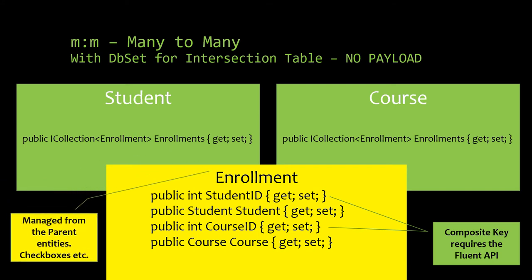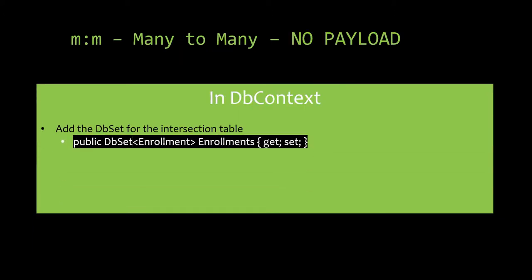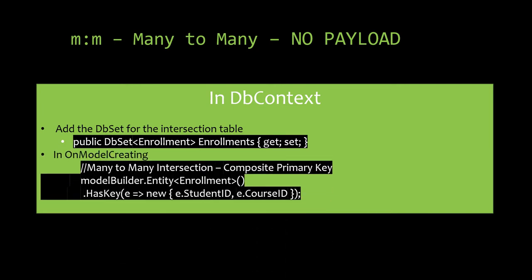Also, we should mention that this is usually managed right from one of the parents, or maybe sometimes both, right? So you might go into student and check off what courses they're in, or go into course and check off what students are there, things like that. But we don't usually create a separate controller just for the enrollment itself. That would be kind of silly. All right, so it's a bit more to do in the DB context. As well as the two parents, we have to add a DB set for the intersection table itself. And because there's no primary key that the naming conventions can handle, we have to use On Model Creating and the Fluent API to come in and say, hey, guess what? This table has a key made up of the two fields, student ID and course ID,